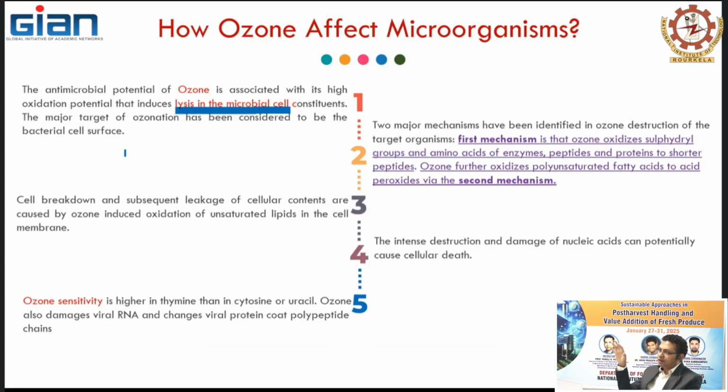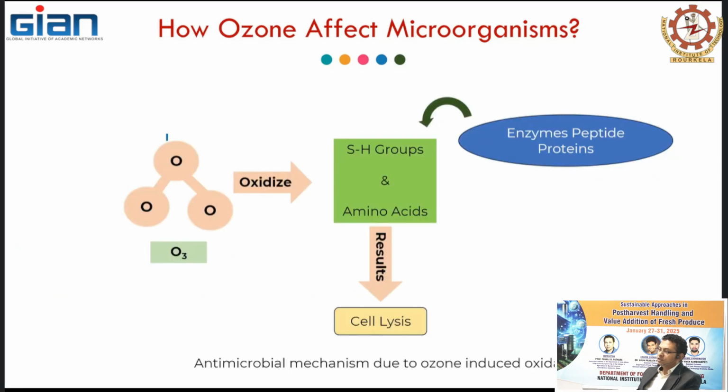Microbial cell is a direct target, so it directly kills this. There are two basic mechanisms involved for ozone destruction here. First, ozone oxidizes the sulfhydryl group and amino acids, and then ozone oxidizes the polyunsaturated fatty acids. Particularly if you consider it this way, actually,